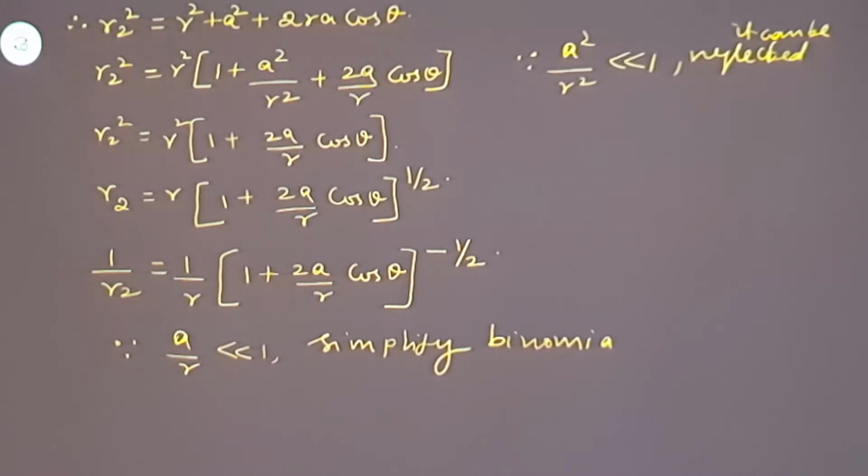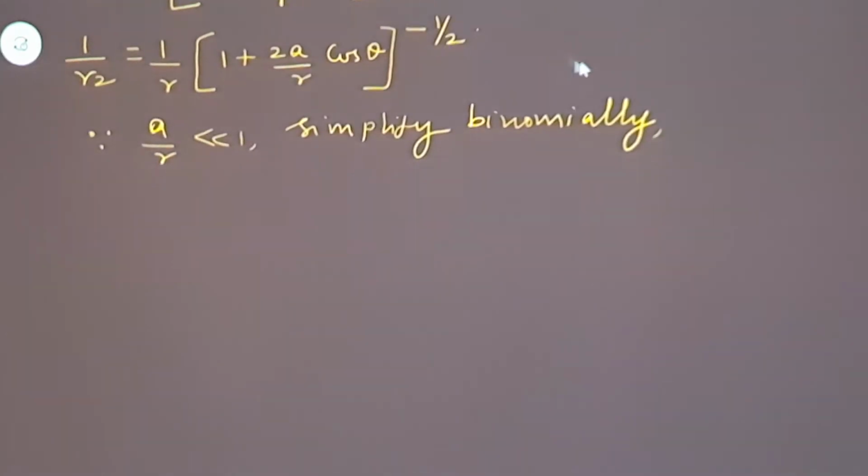So when you are simplifying this binomially, what will be the answer? On simplifying this binomially, I can get 1 divided by r2 equal to 1 divided by r into 1 plus, I have to take this to the base, so I will be getting minus 1 by 2,